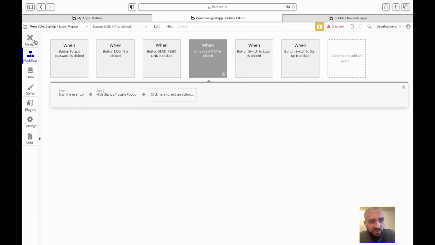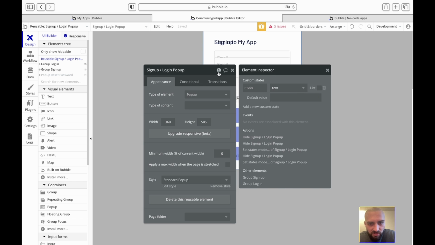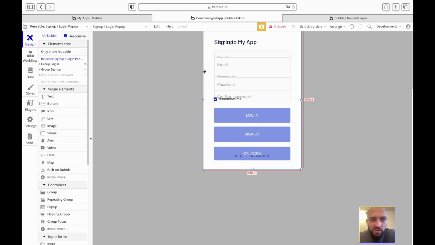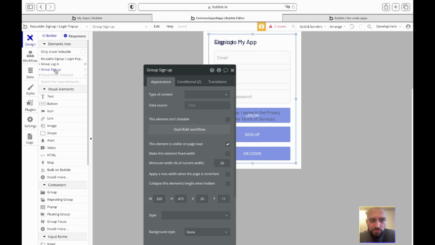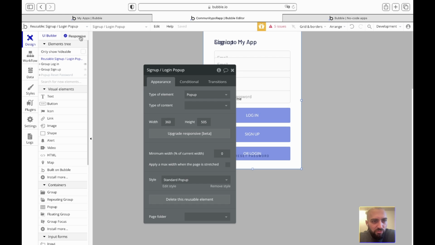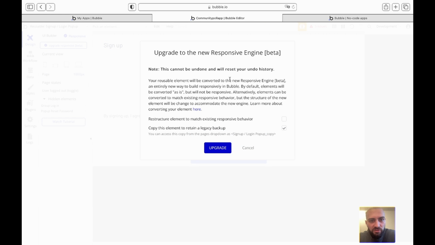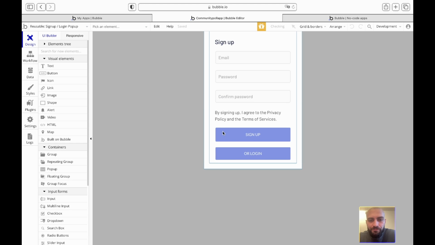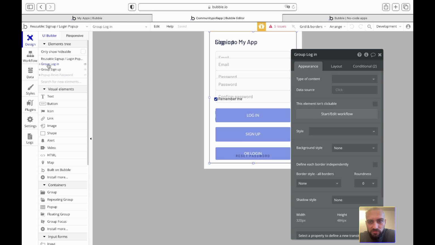Yeah, I think it's working with states. When you check in here, it will work with the state to display one or the other. But when you have states like this and you put the things over each other, it can be really tricky to work with. So I'll just upgrade this one to responsive as well. Okay. And what we'll want to do, yeah, is